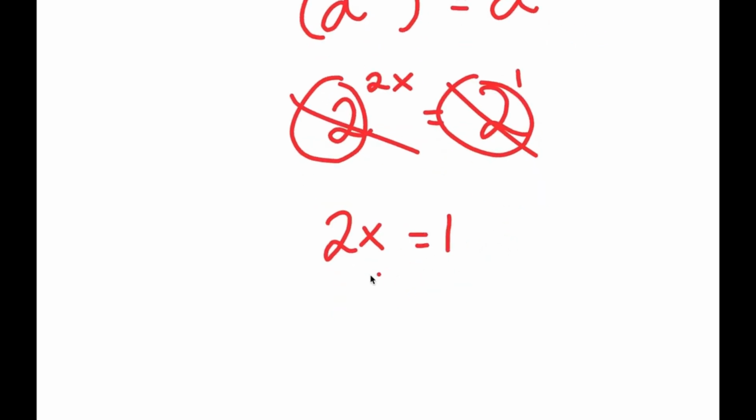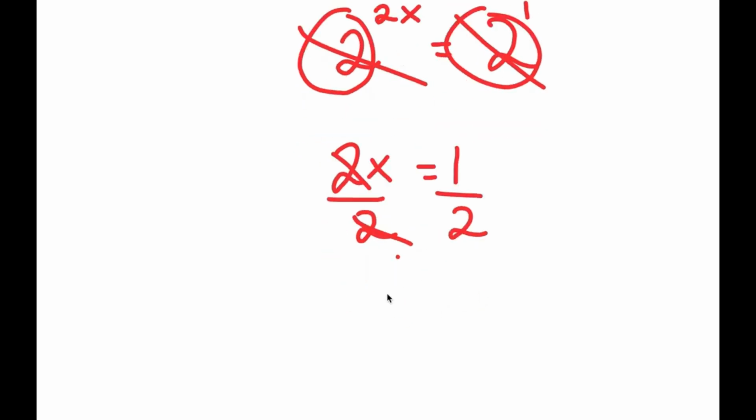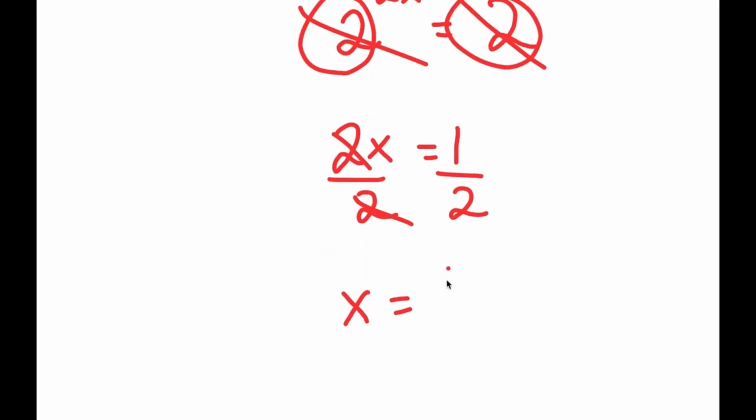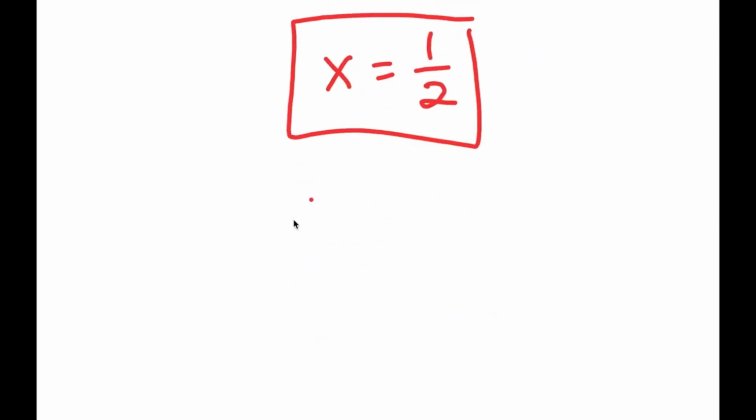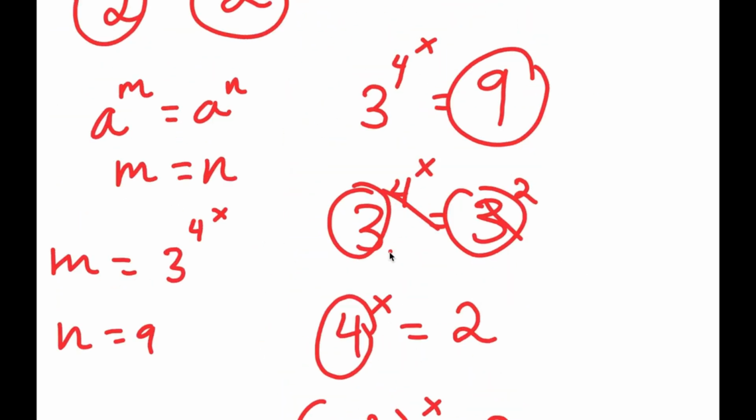And now, if I divide both sides by 2, these two cancel out, and I get x is equal to 1/2. So now, to check, my original equation